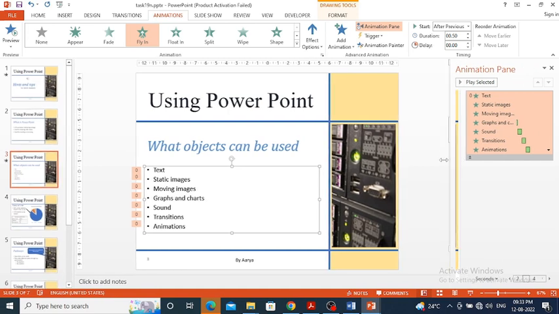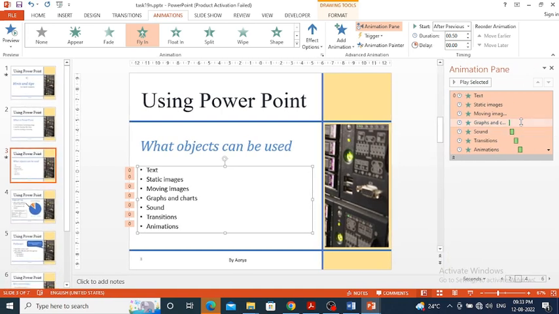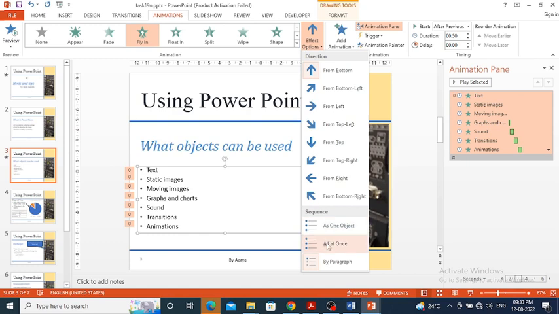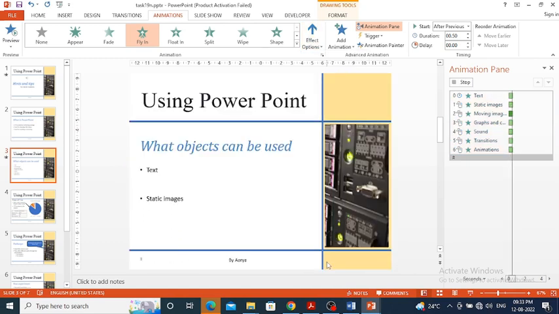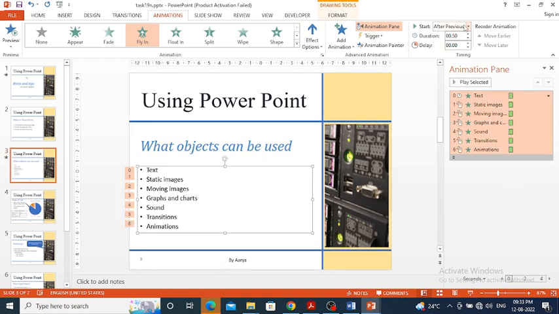I maximize this part so you can see over here. This effect is displayed like, suppose I want to apply it to a paragraph, one by one it displays. And if I want to display after previous, and add delay between the two,